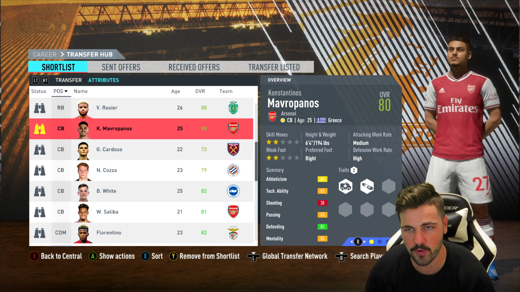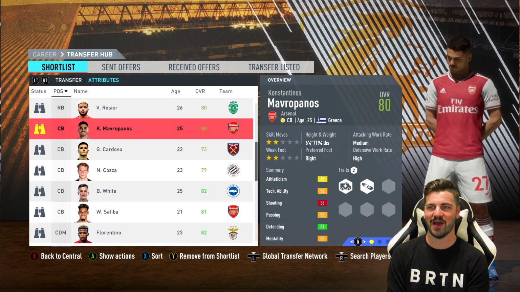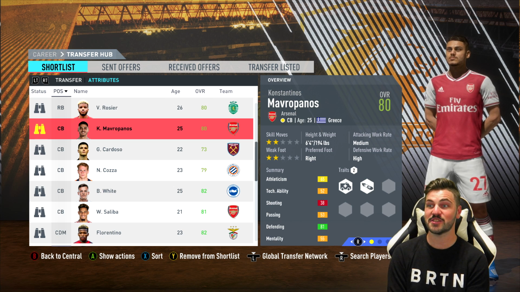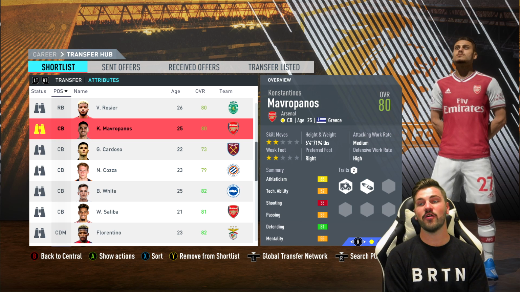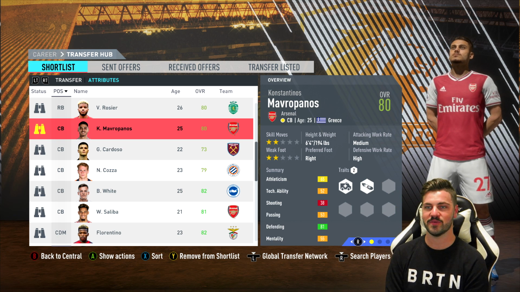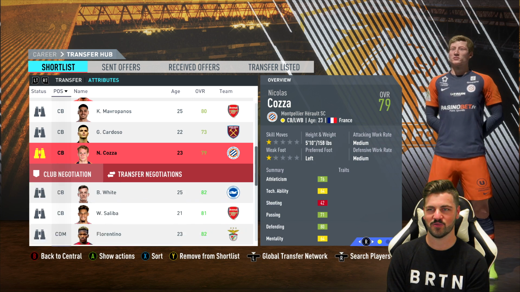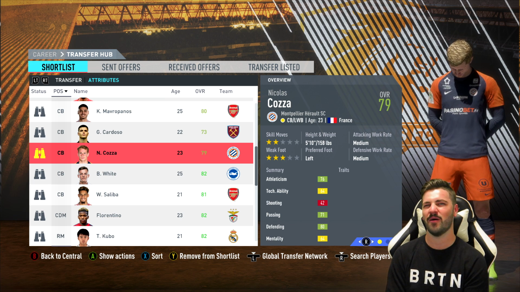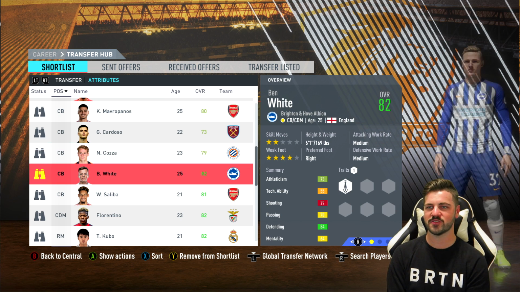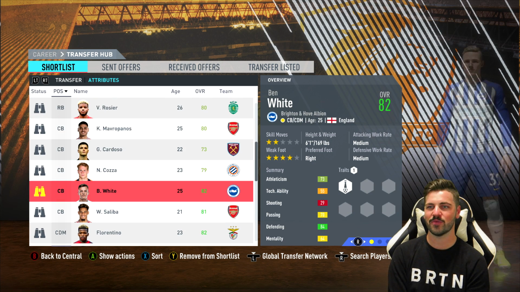So I would like to go for a centre back, and I've got three options. One of the ones I really want to go for is Konstantinos Mavropanos, if that is how you pronounce it. 6'4", got height about him, and he was available in the last year of his contract. There's also Nicholas Koza, who is available as well, and he's like 2 years younger and 1 overall less. He's also only 5'10", so I'm a bit iffy on him. And there's also Ben White, who's 6'1", not as tall as Mavropanos, but